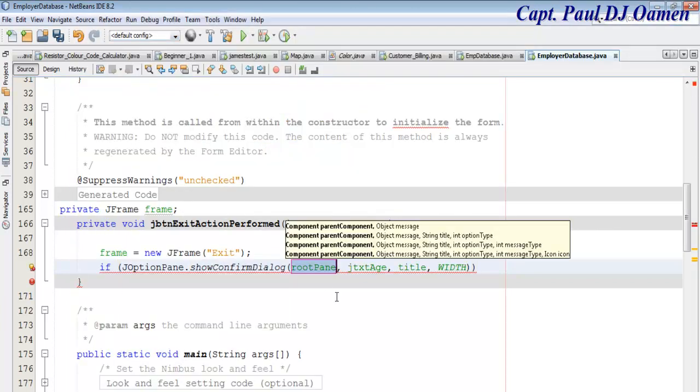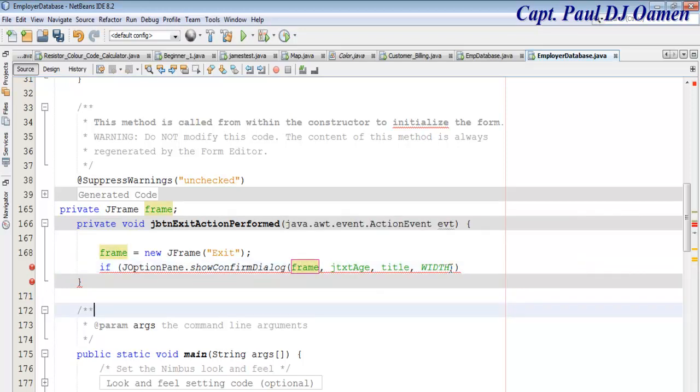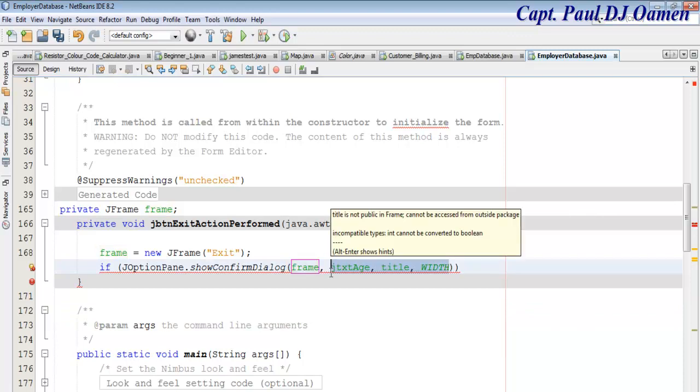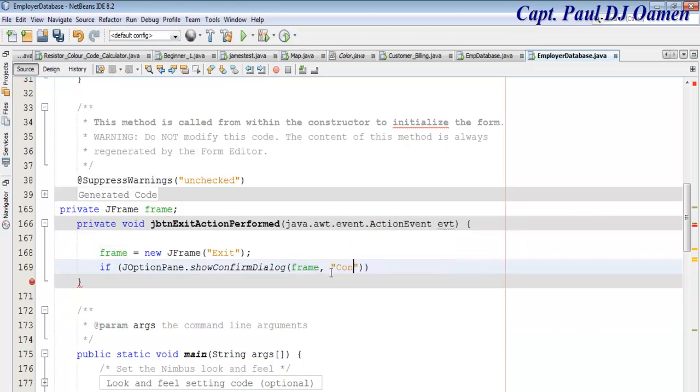Okay, and let's enter the name of the frame there, and right here it's just going to be my text. In there is going to be "Confirm if you want to exit", comma, I will then enter the name of my system,